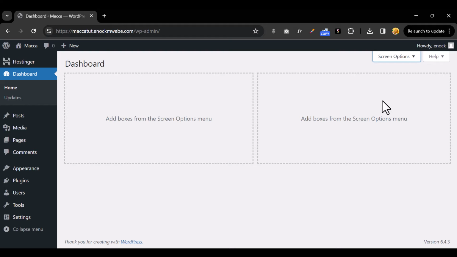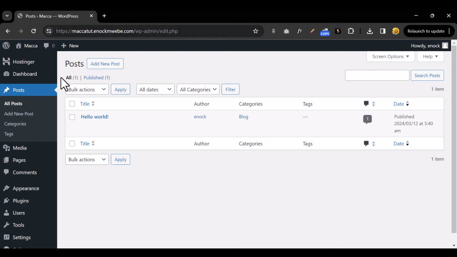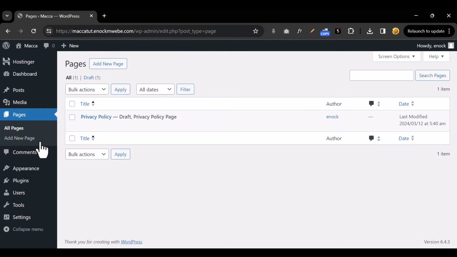Now let's take a quick look at how the WordPress dashboard looks. Under dashboard we have posts right here, and under posts you can create blog posts, and you can create categories for your blog posts. Under that you have the media section where you can upload your video files, your PNG files, your images, and any audio files that you would like. Then under media you have pages where you can create pages. For example, you shall be creating the home page, the FAQ page, the track my order page, the cart page,